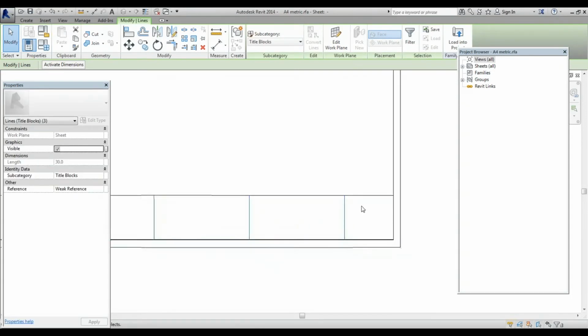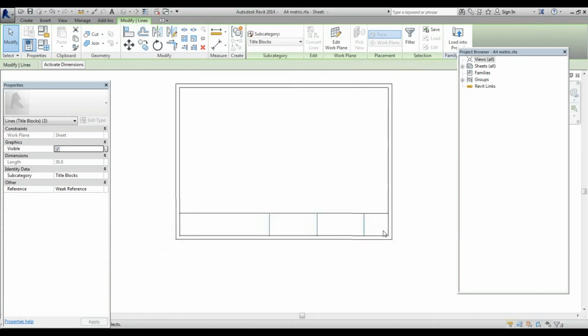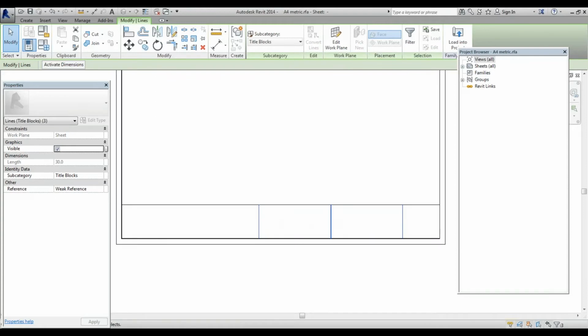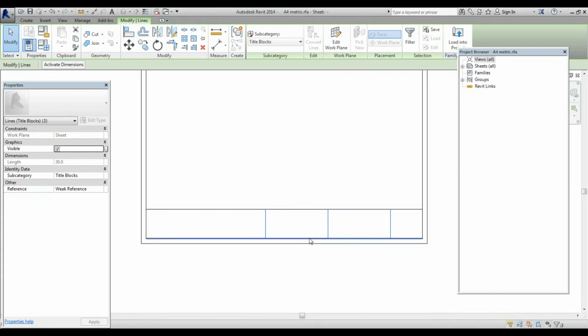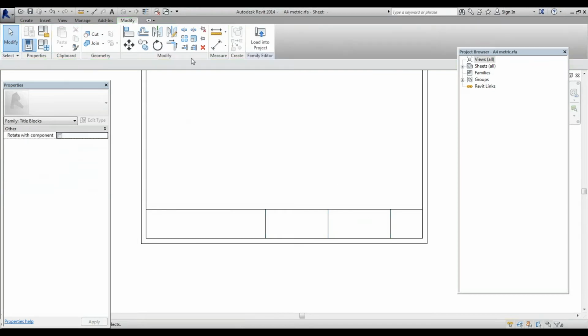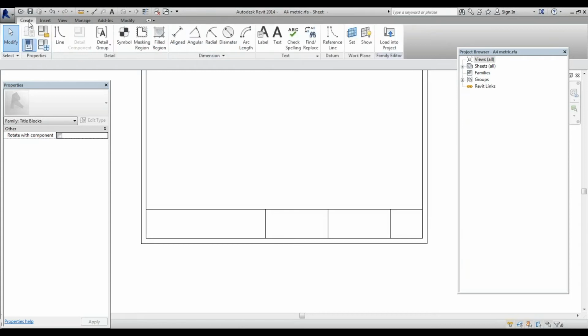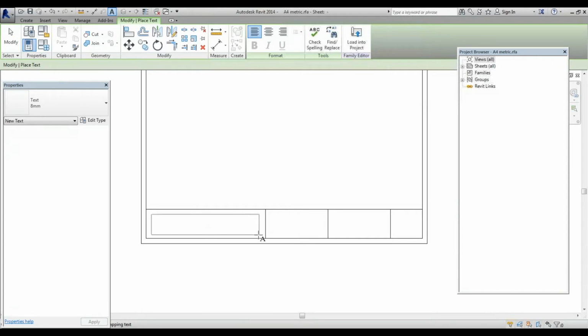What I'm planning to have is a north symbol over here in the title sheet. I will have the college name here. I'll have the USN written. I will have the date and scale, and the name of the drawing. All these things I want to give. So just like in our Revit project, you can go to create text. Probably you can mark this area. So I'll type it as